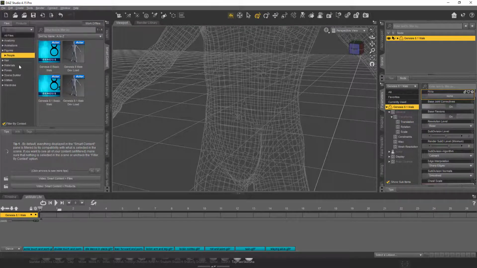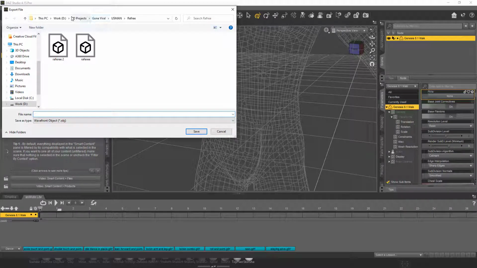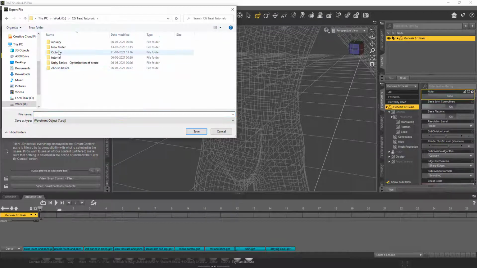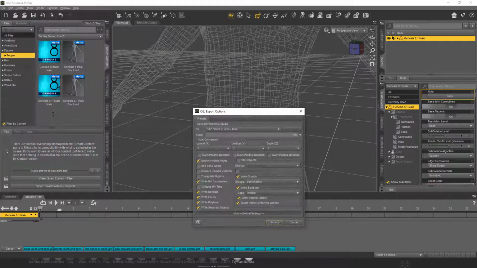For the file, click on Export and export the object. Let's export it to a specific location. I'm going to click on my folder and name it morph. Because I'm exporting it from Daz 3D, I will just keep the unit the same. I will not change this unit, even though I am exporting this into ZBrush. So click on Accept.